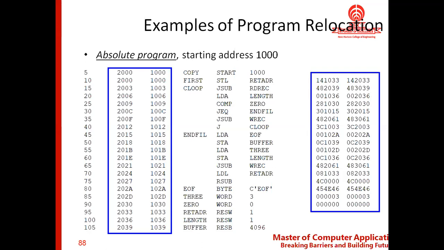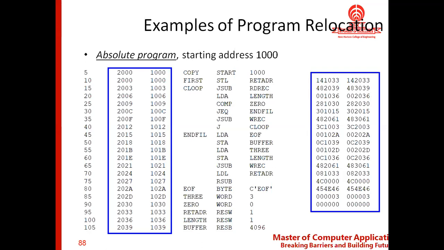Now if you look at the same line, the other object code depends on the starting address 2000. So what happens to the address? There is a change in the address, from 141033 to 142033. How the 2033 has been derived: if you look at the symbol RETADR, it is in line number 95, in which when the starting address was 1000, the address of RETADR is 1033.